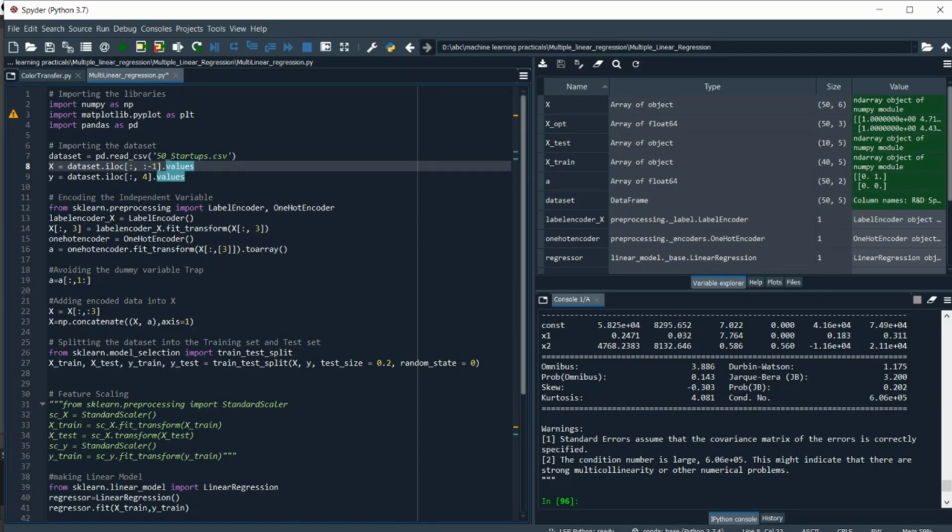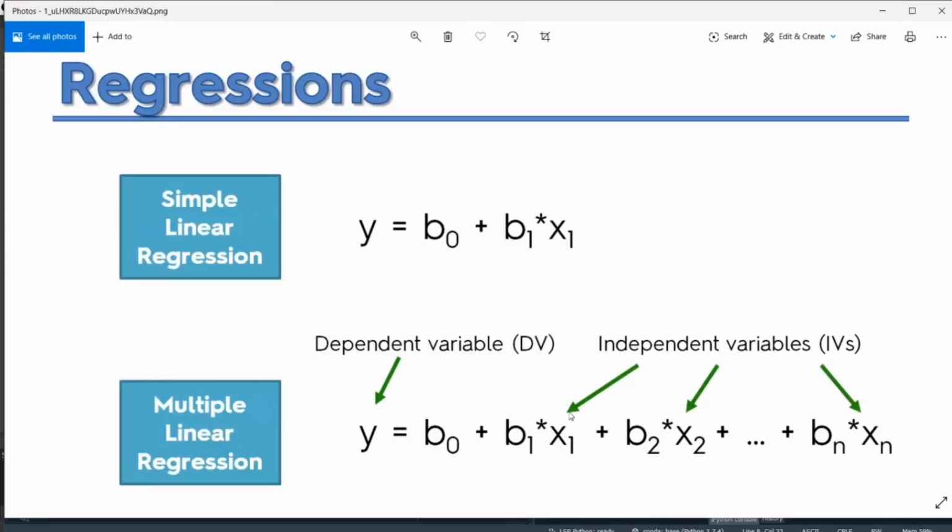In the previous session, we have seen simple linear regression. So, in this session, we are going to start with a new concept, that is multiple linear regression. First, we will try to get an understanding of the intuition behind multiple linear regression, and then we will try to implement it in our code. So let's get started. Now, first, what is multiple linear regression?